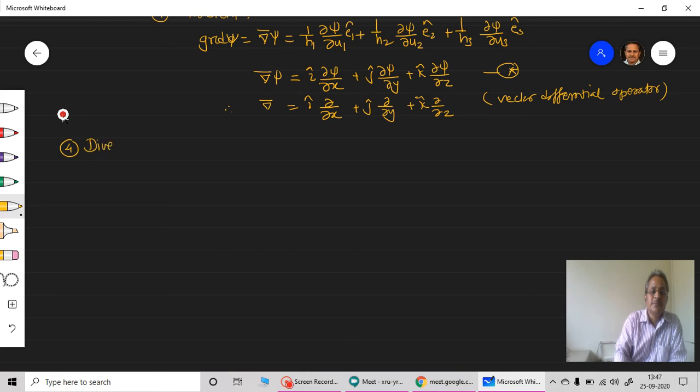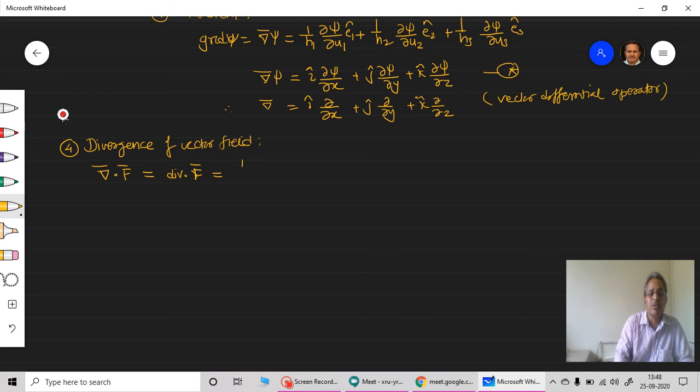Now the fourth, divergence of a vector field. Our definition gives you del dot f. How many of you remember this? I don't know, it is written in your notebook, just check it. It is given by div, okay, dot f. I am using f as a vector there, so it is the divergence of f.